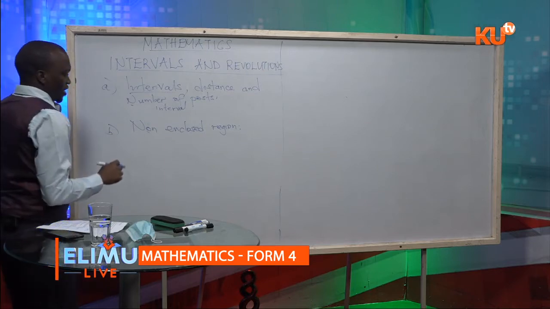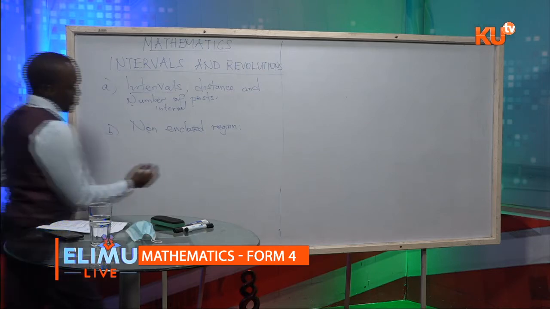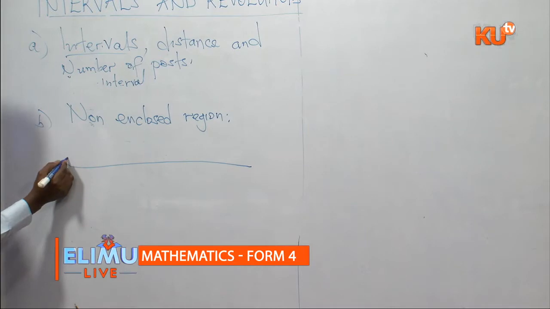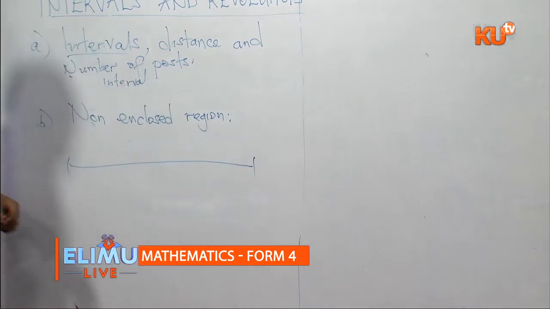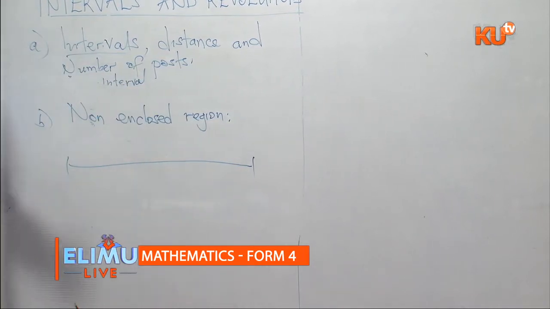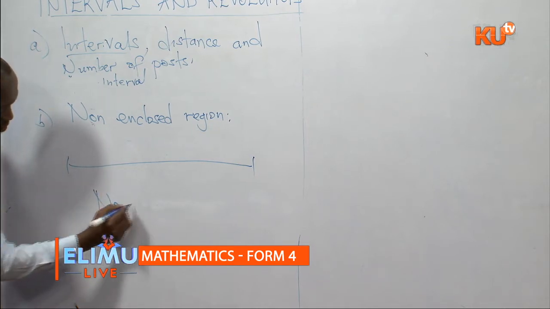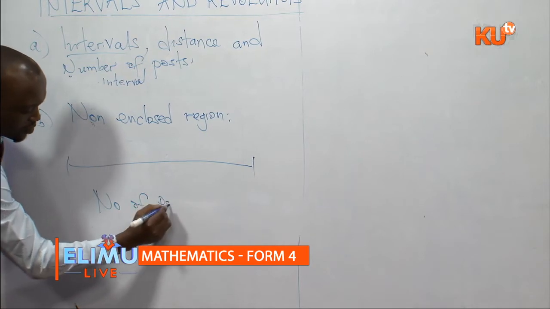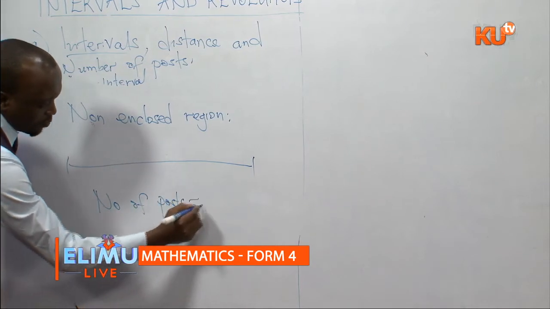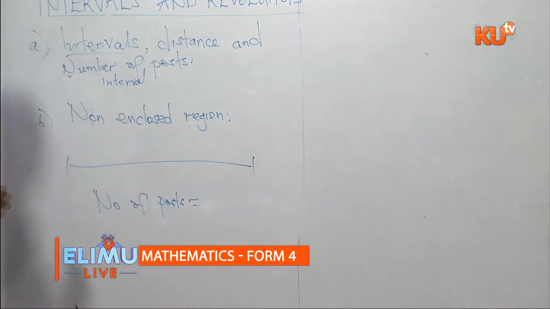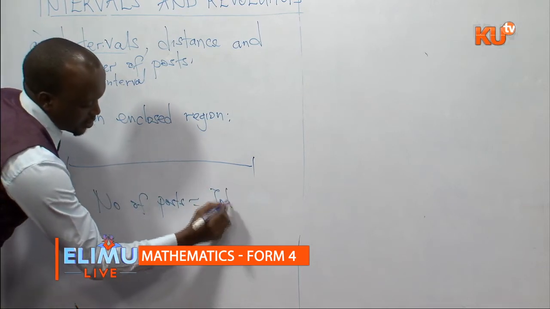We want to get the number of posts that are used when you are given a distance like this. This is what I mean by not enclosed: a straight line. To get the number of posts used in a straight line, we shall simply divide by the intervals. We say that the number of posts used here will be the total distance